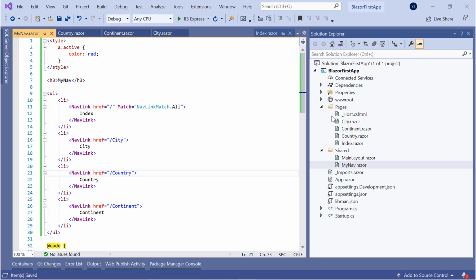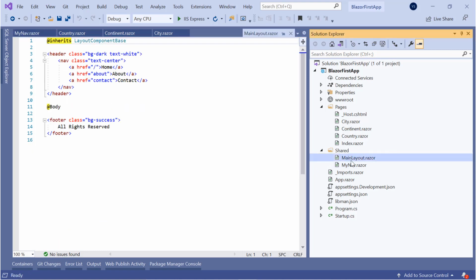Now I have to show this NavLink, this MyNav.razor component, on the page, and I have to do this from the main layout, the MainLayout.razor component.